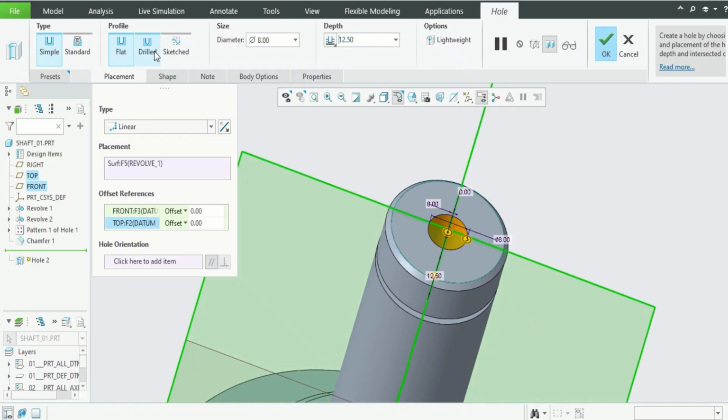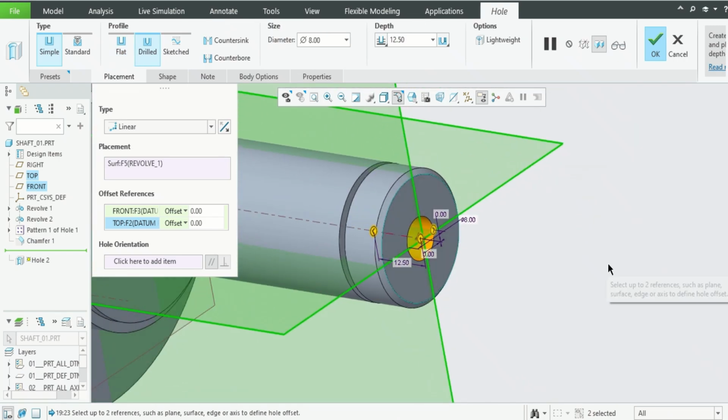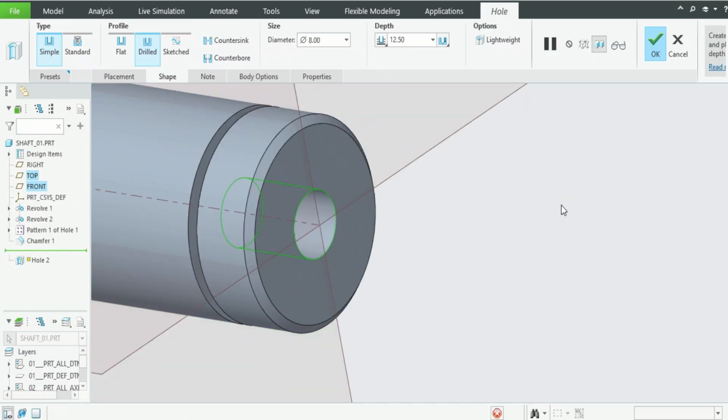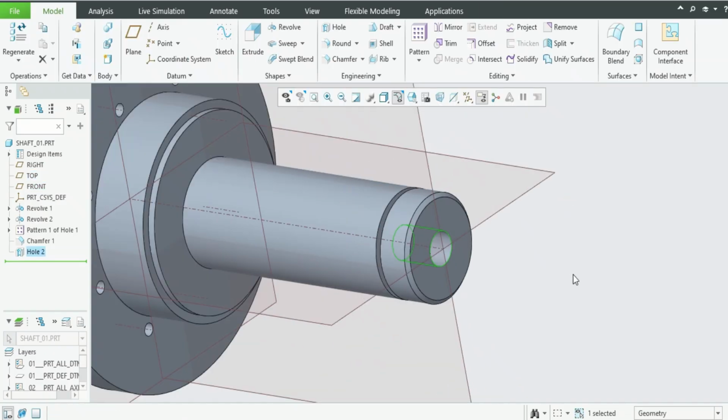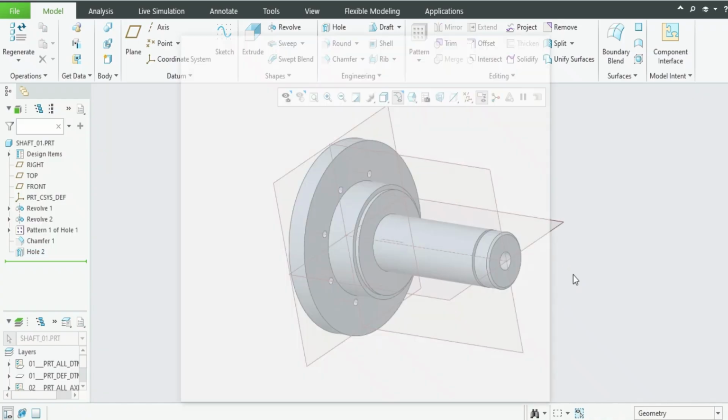Okay, let's keep it drilled so that you will have that shape of 118. Okay, most of the stuffs in this parametric software will be done automatically. But